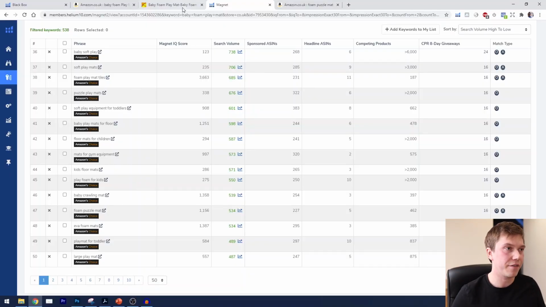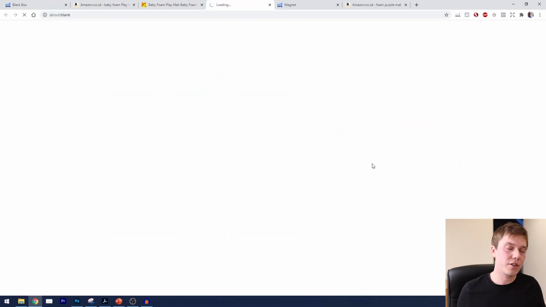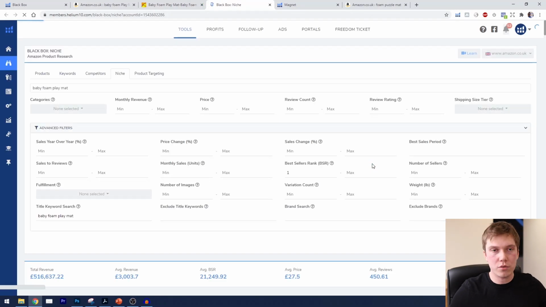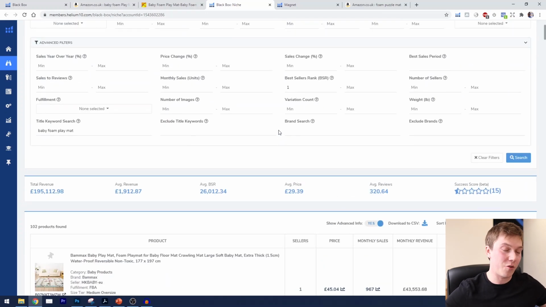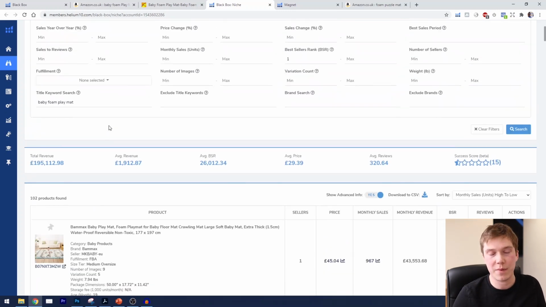Now let's just quickly flip back to the Chrome extension in Alibaba and let's press here, see all top products. And what this is going to do now is effectively pull all similar products to this baby playmat within Blackbox. It's going to pull it in a very nice format. It's very similar to running a search on Amazon, except you've got monthly sales and reviews and everything in a nice table. So this is a great way of basically being told